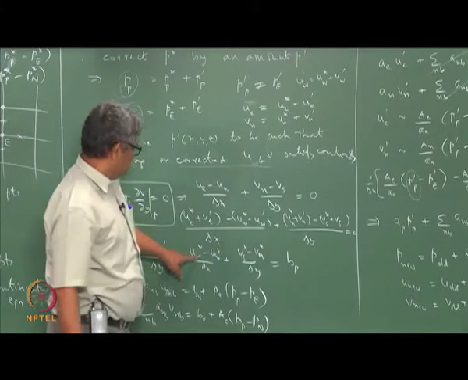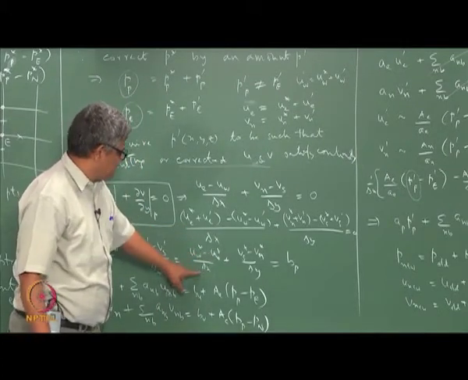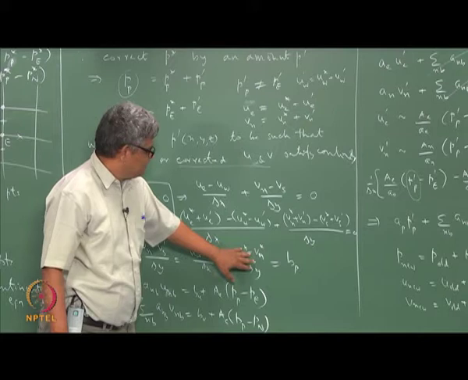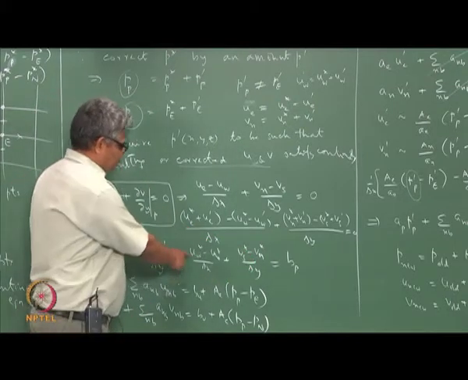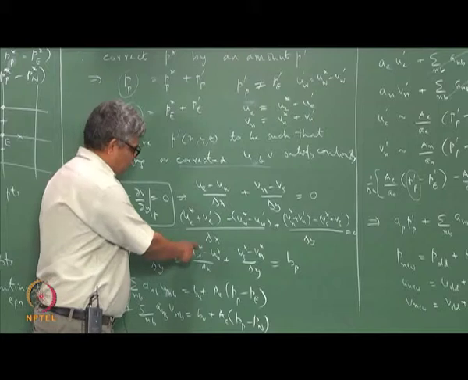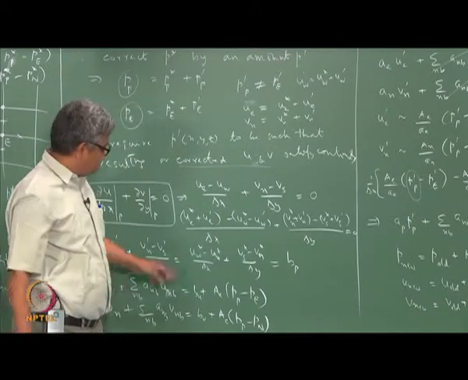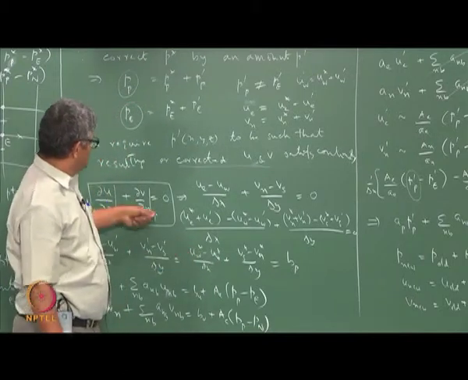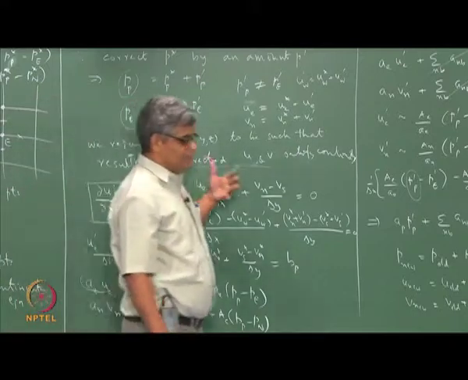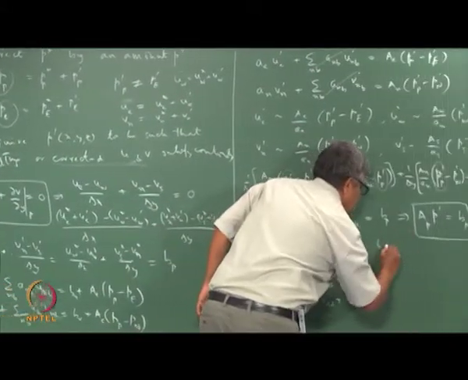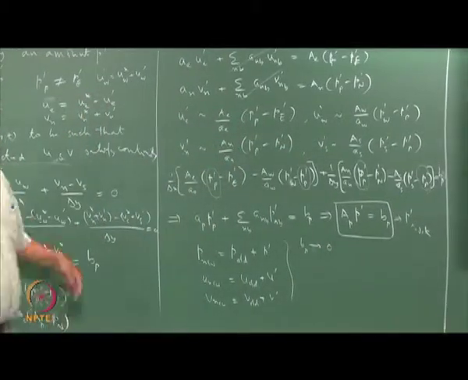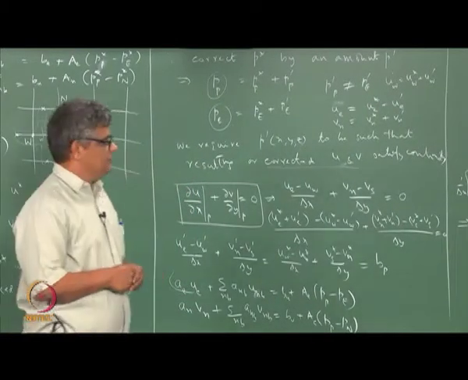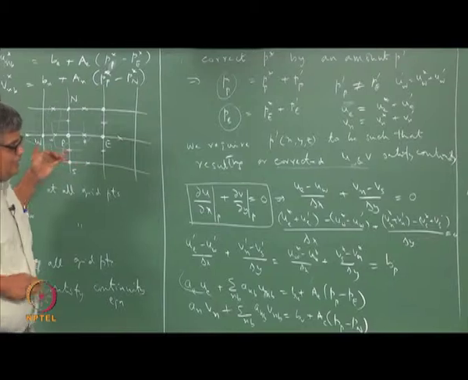which is u star w minus u star e divided by delta x plus v star s minus v star n by delta y, this thing will become 0, because when the star quantities, that is when the old quantities approach the exact solutions, then this is the discretized form of the continuity equation, and discretized form of the continuity equation equal to 0. Okay. So, at convergence BP will go to 0. So, we will say that we will go until BP is sufficiently small, and then we can stop at that point. So, in the simple approach,